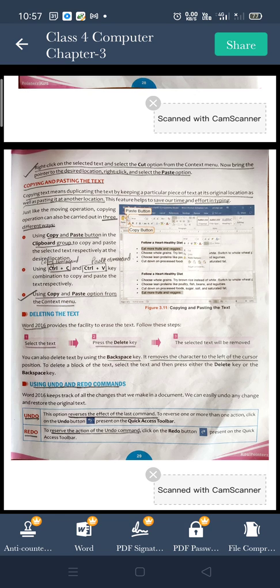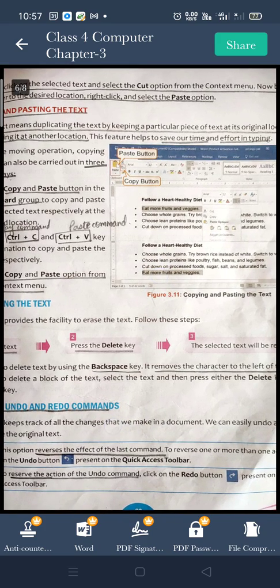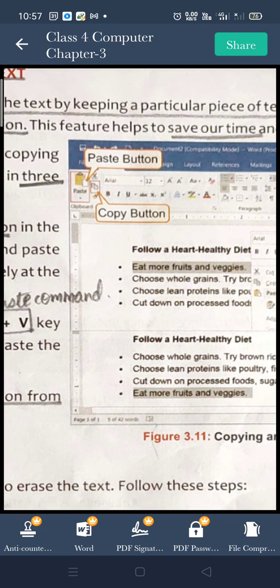Now children, you can delete the text also by using delete key. First of all, again you have to select the text and you can choose delete key from the keyboard. You can also use backspace key for deleting children. Now backspace key, what does it do? When you bring the cursor at one place, for example, just have a look at this, Follow a healthy diet. So if I bring my cursor after diet here,